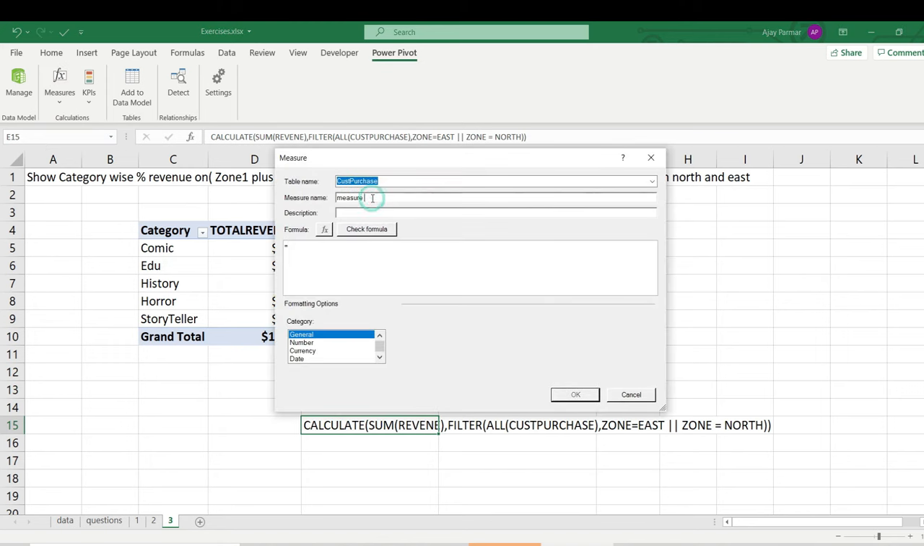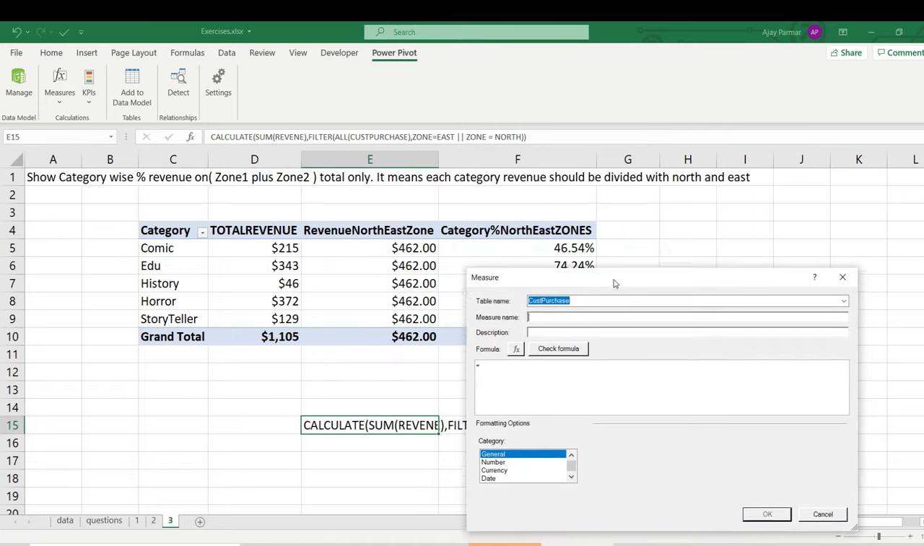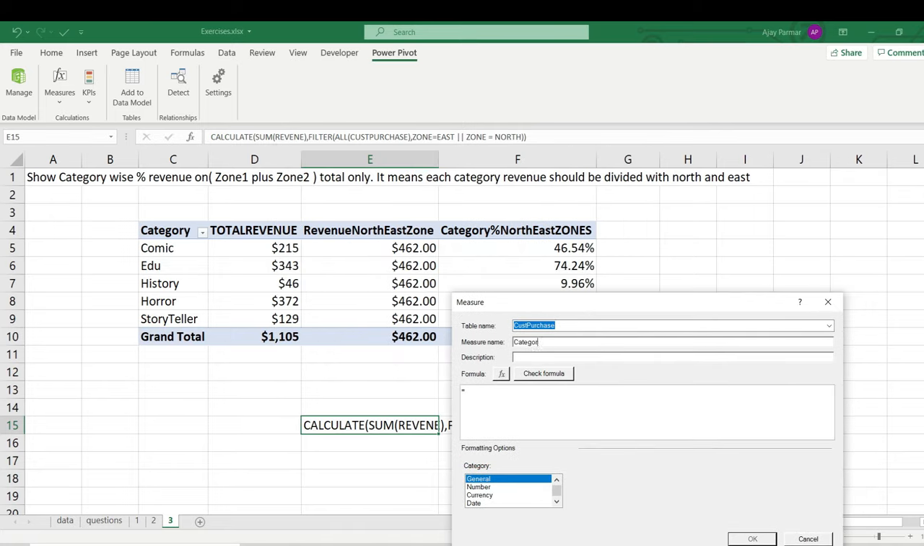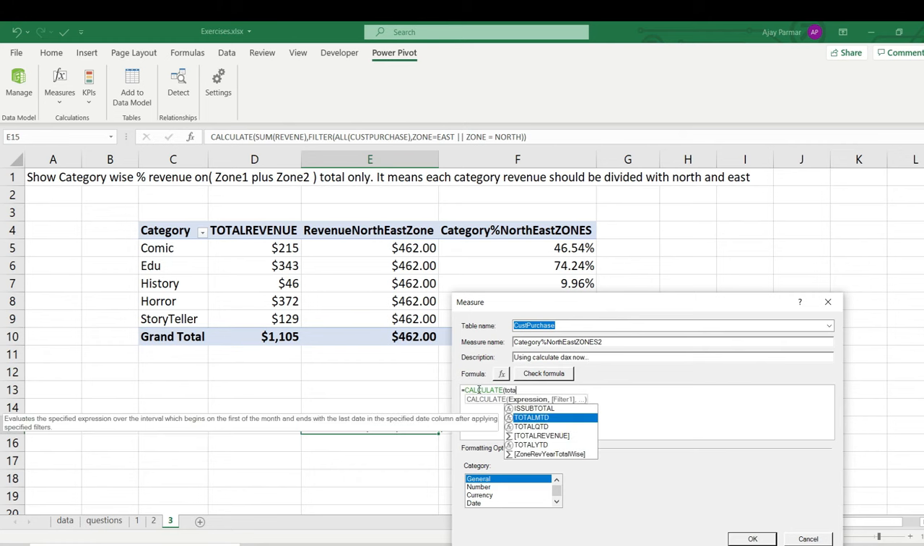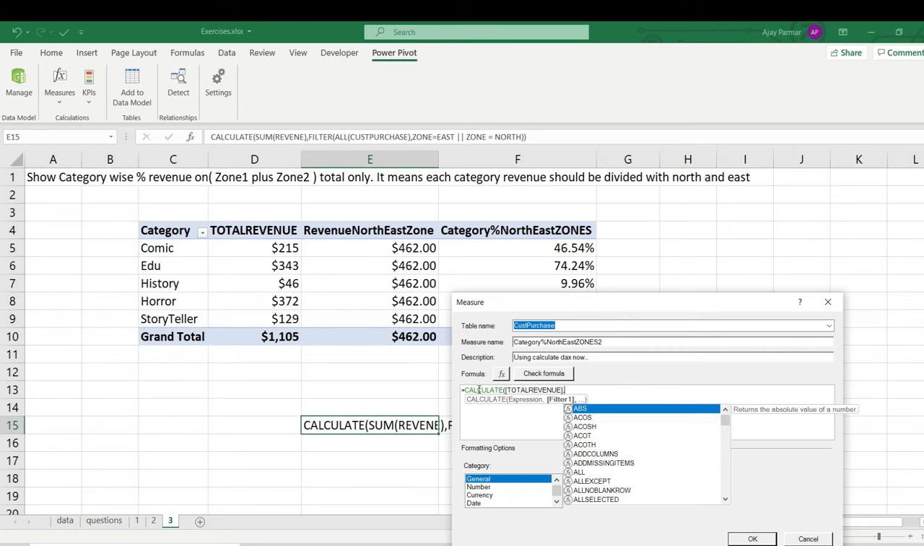So I simply go and write category percentage north east zones. Okay, I give this number 2. You can write in the description that I'm using the CALCULATE DAX now. So why can't we do that? CALCULATE total paid, total revenue, comma. Now I'm saying don't write zone equals to this, because we want filter context to be avoided,